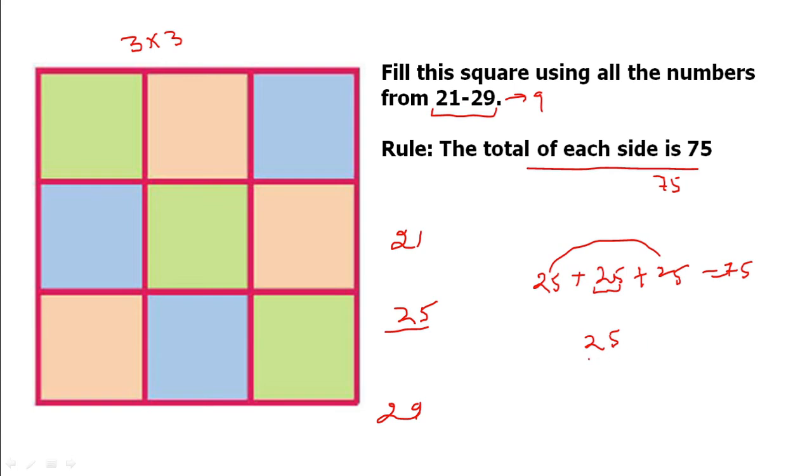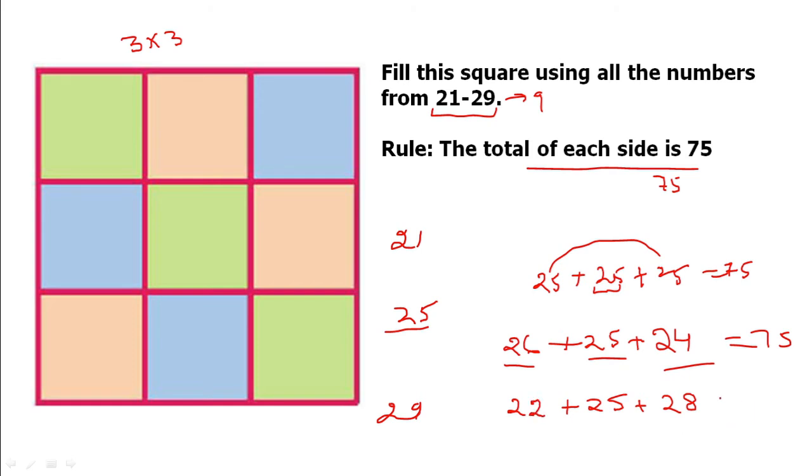So if I fix here 25, if I use 1 less than 25, here I have to put 1 more than 25. Okay, then sum becomes 75. If I fix one number 25, here I put 28, 3 more than 25, so I have to put here 3 less than 25. Then again the sum becomes 75. So in this way we have to complete this square grid. So let us have 25 in between.